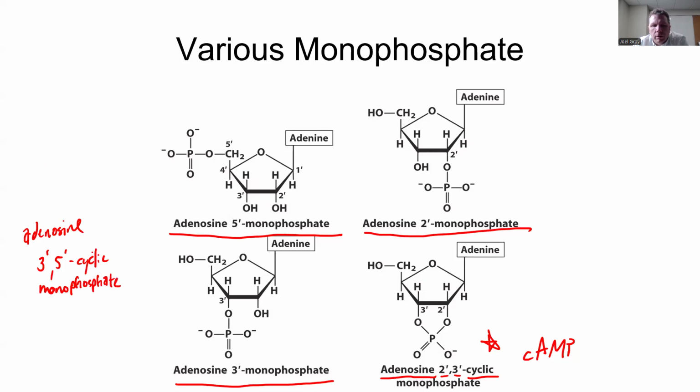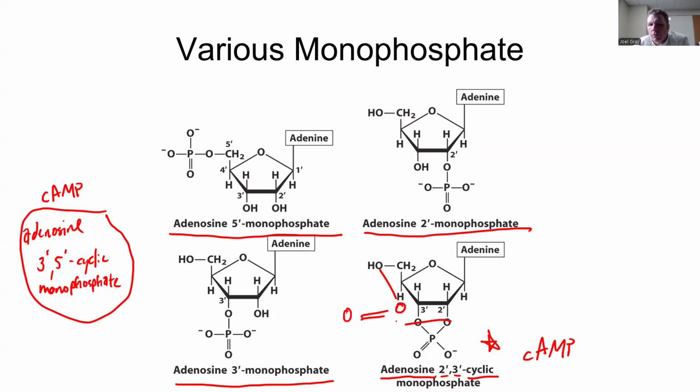Now, if I remember correctly, most commonly when we refer to cyclic AMP, it's this form that's the more common, more biologically relevant one. I do believe that the 2 prime, 3 prime monophosphate does play some role, and it is a signal for some receptor proteins, but it's typically the 3 prime, 5 prime. So what that means is basically you've got, and this is kind of tough to visualize, a phosphate group that's kind of in the background here. It's tucked behind the molecule, tucked behind that sugar ring.